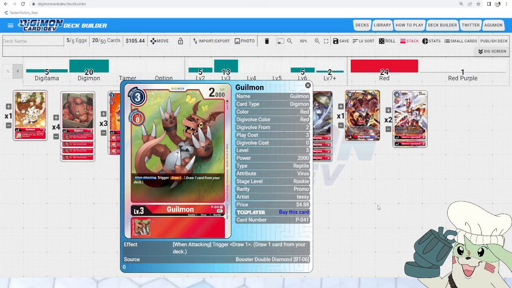This is when attacking, trigger draw 1, and same idea as we've been mentioning. Red is just a really bricky color, so you want as much draw as you possibly can, and this is a really quick, easy to meet draw. Typically, you're not going to be swinging with a level 3 since this is a climb deck, so really you're mostly going to be swinging to get the draw off of this dude